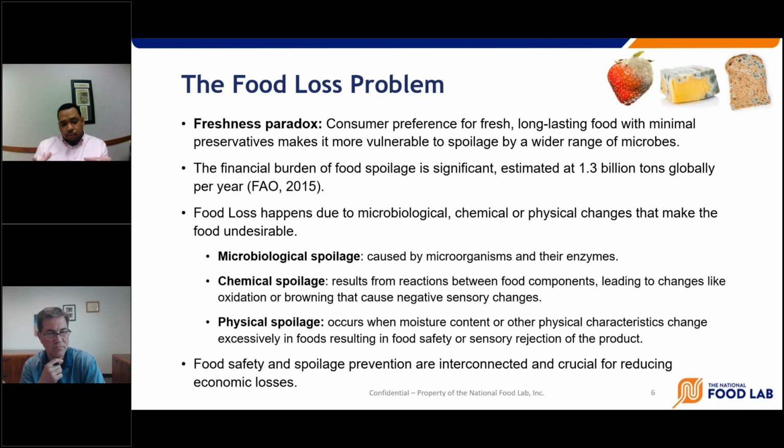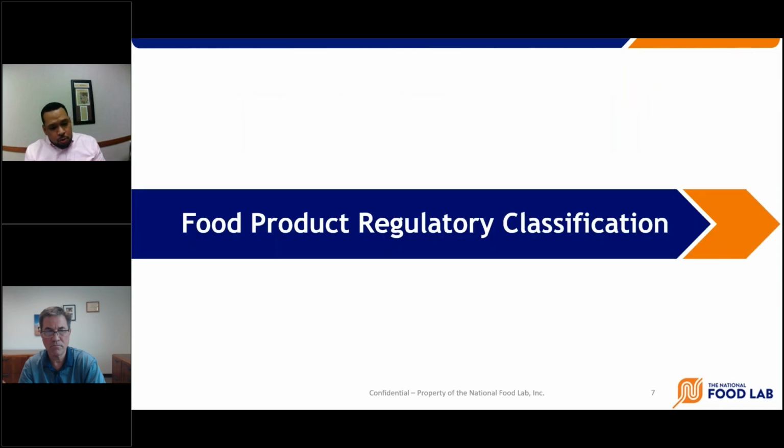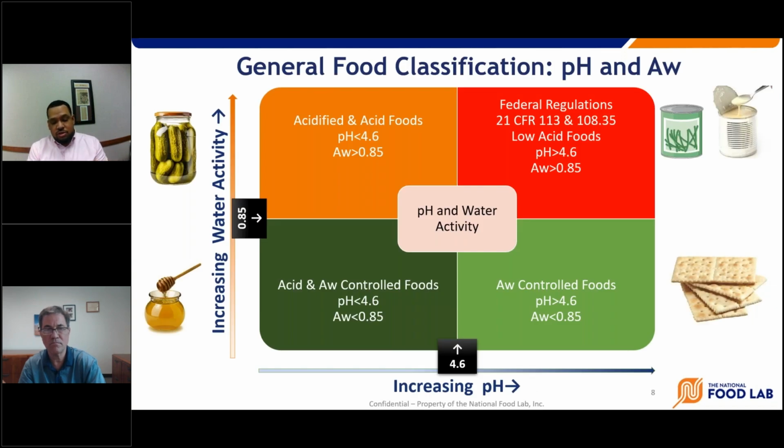And food safety and food spoilage prevention are interconnected, and it's crucial to reduce the impact of those, because it's also going to reduce the economic losses of the companies in the long term. So when you start thinking about food regulatory classification, it's important to understand where your product lands in the regulatory framework landscape. Based on the intrinsic characteristics of your product, mainly pH and water activity, you can